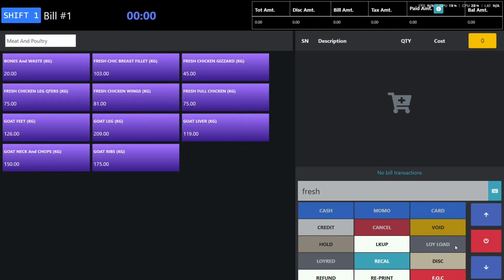So if you integrate the loyalty system, that's our Beneficious, every customer will be registered and given a loyalty number. Now, when a customer comes to purchase and they say, oh, I am a loyalty customer, all your cashier has to do is ask them for their phone number. And when they are giving the phone number,